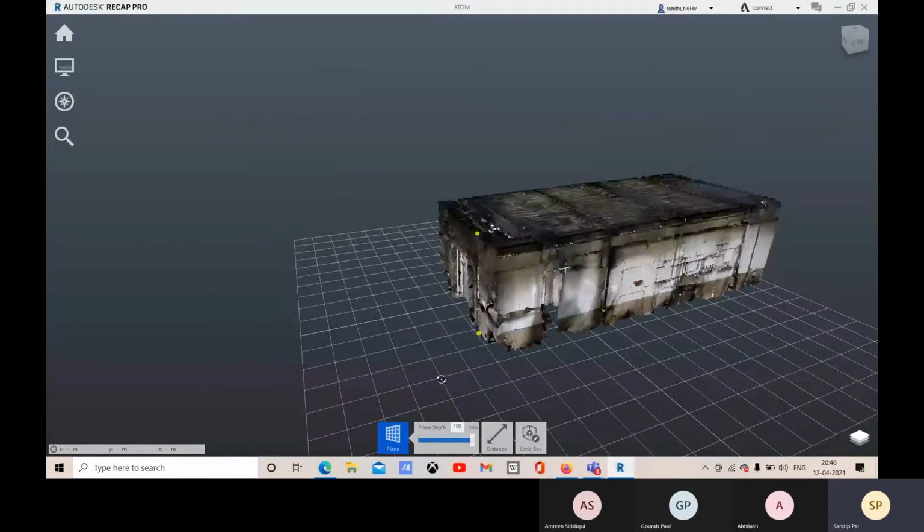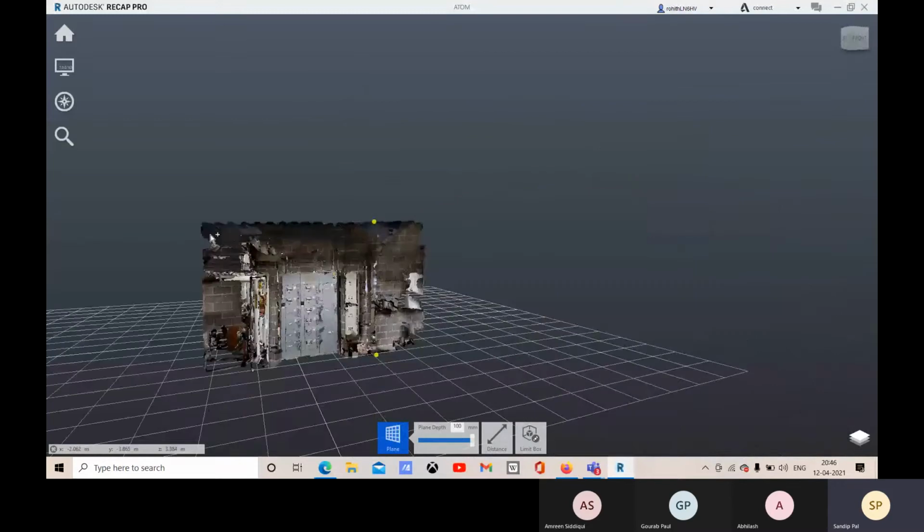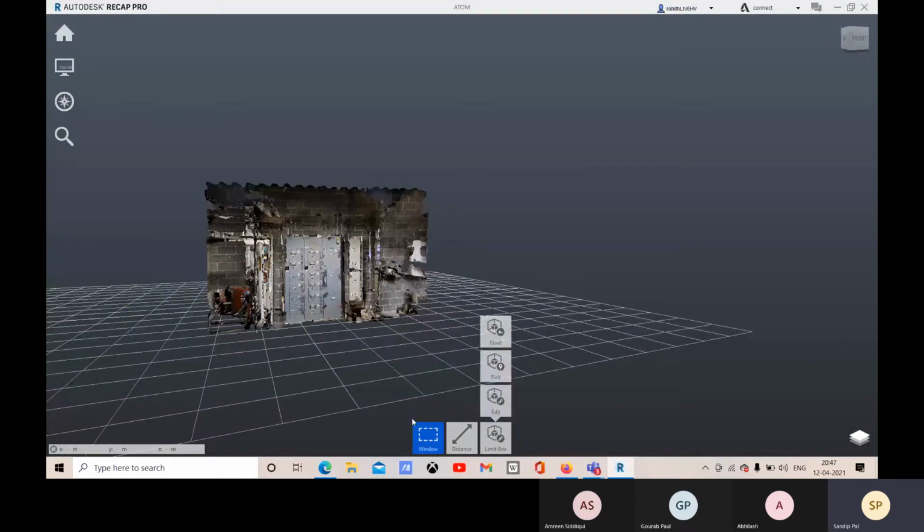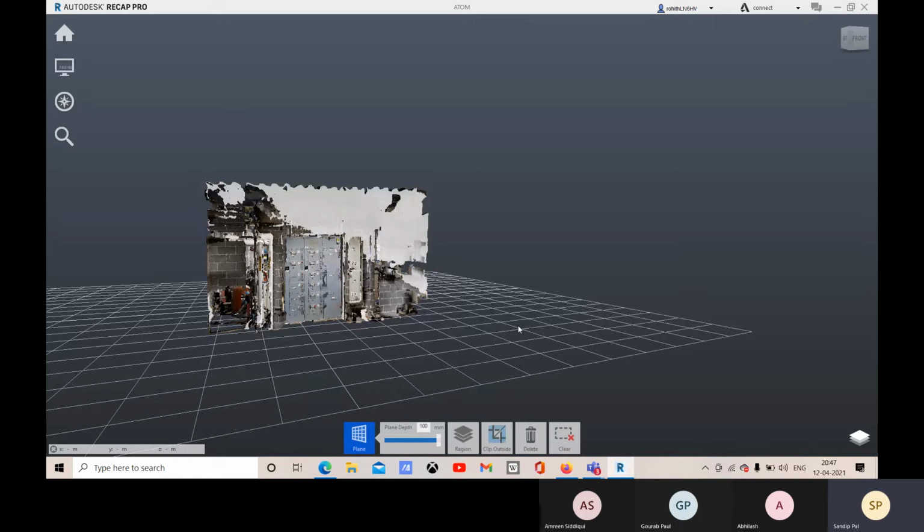Okay, so don't change the view, I'm sorry for that. Don't change the view. Within a single view, you have to place your points. So let me go with that, and you press enter.